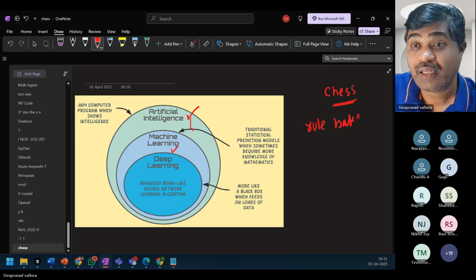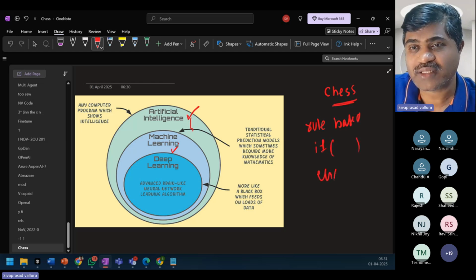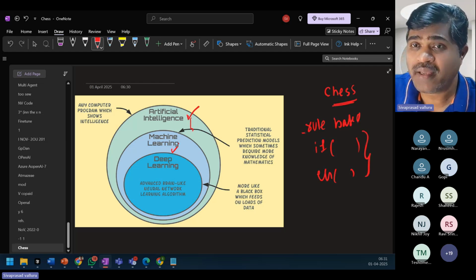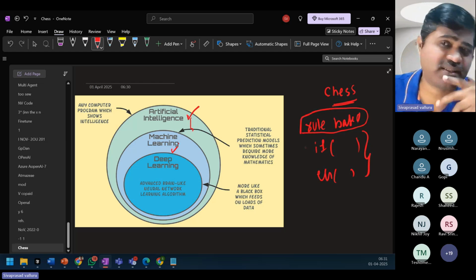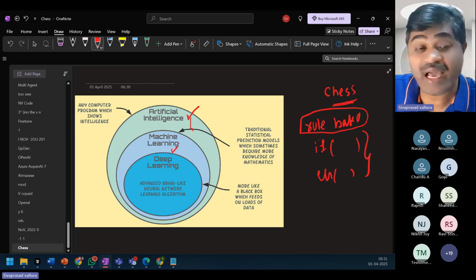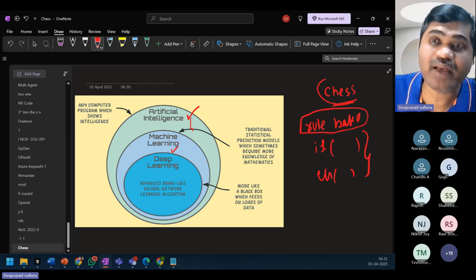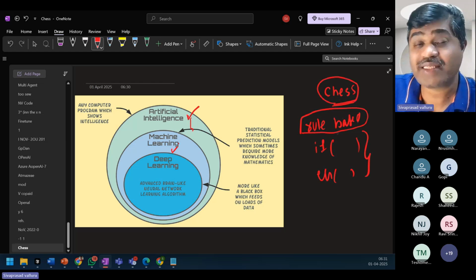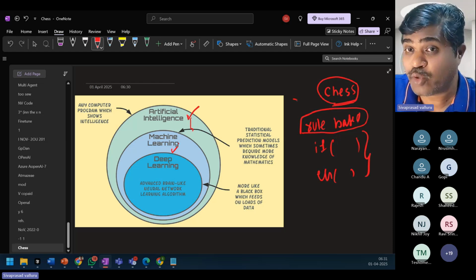Maybe if this condition is satisfied, do this, else do this. Like that, they had written a rule-based program and I played this chess. But whenever I was playing this chess, I felt that it had some intelligence, just like a human. Yes, of course, it is displaying intelligence just like a human, but this was developed to be a rule-based application.